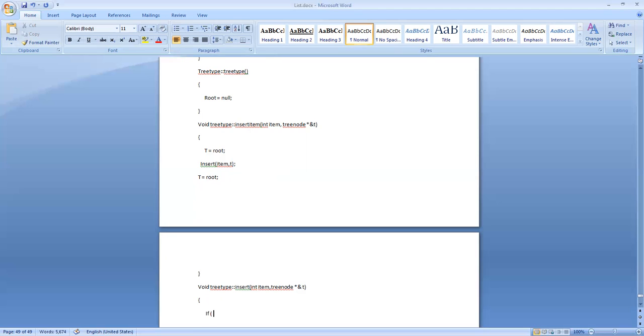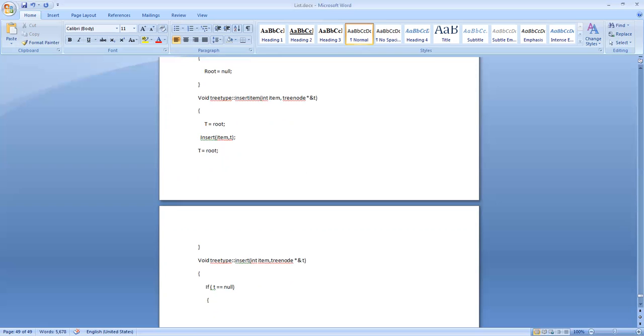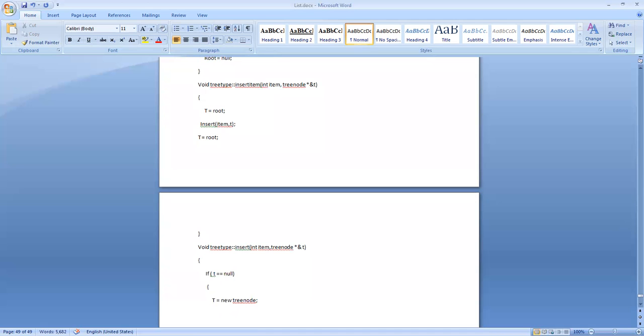So if t is equal to null, I set t equal to new tree node. Wherever I am going to insert it, first of all I need an empty node. So using the new operator, I create an empty node.